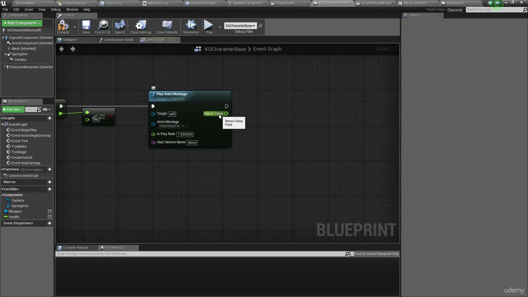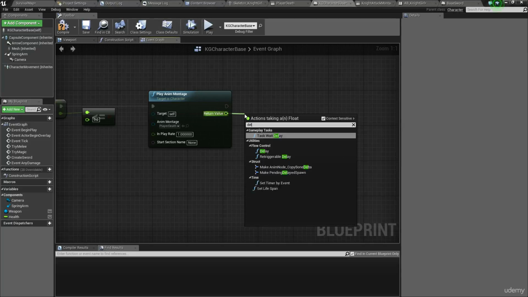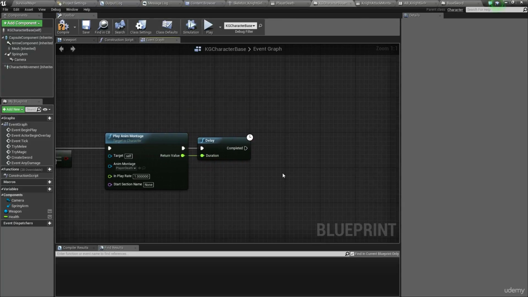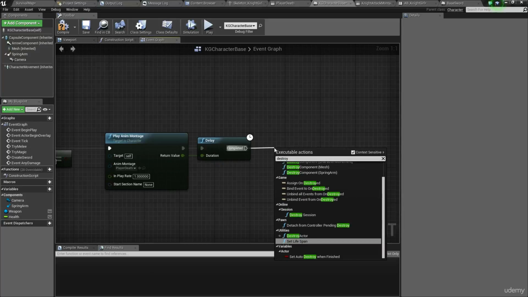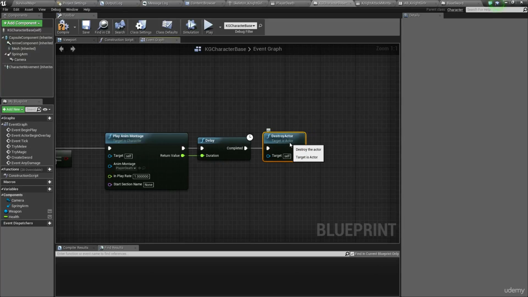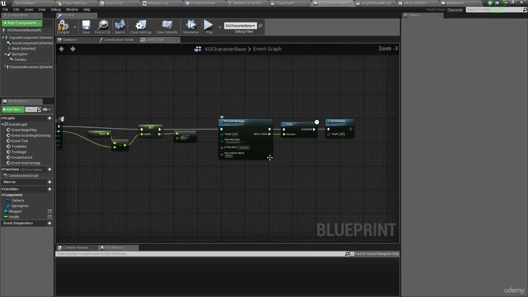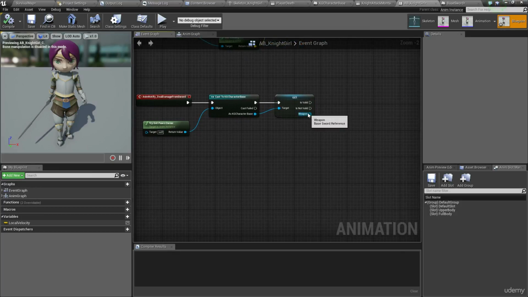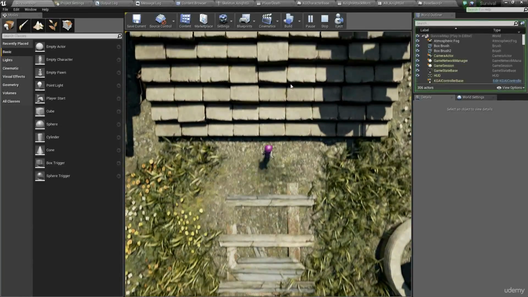Now this value that gets returned from a montage is actually the duration of the montage. And what's interesting about that is that if I type in delay and set it to the amount of time that it's going to last for, and then destroy actor, we've theoretically got an entire combat chain now that will work. So the last step that we need to do to get this working is to make sure that weapon actually calls try deal damage. So I'm going to plug that in just here inside the animation blueprint. And now when I hit play,